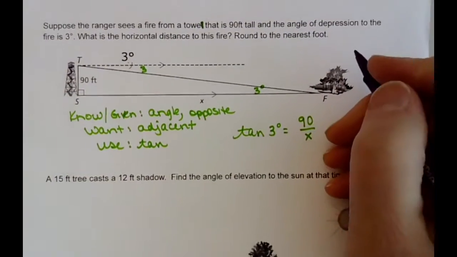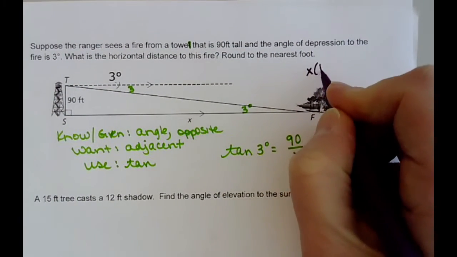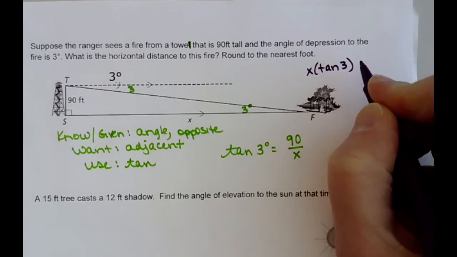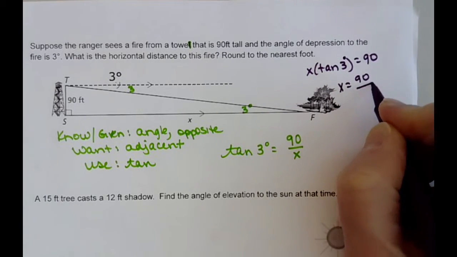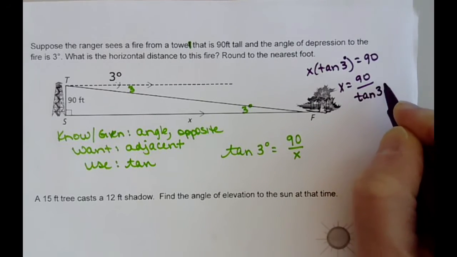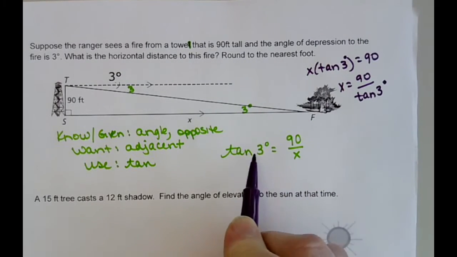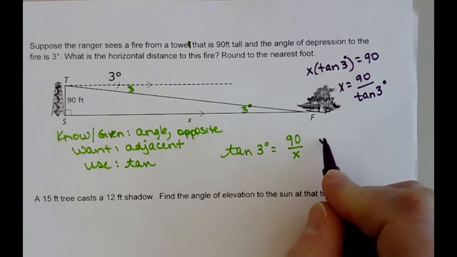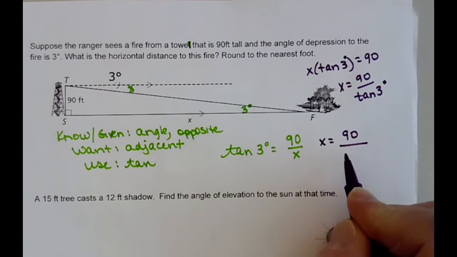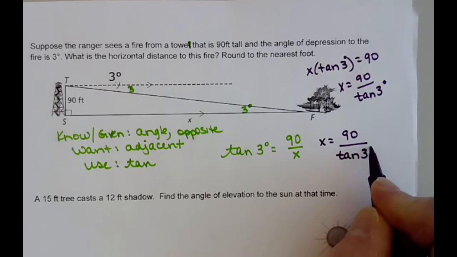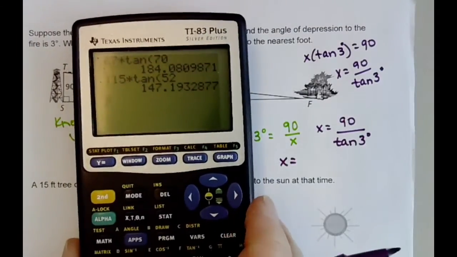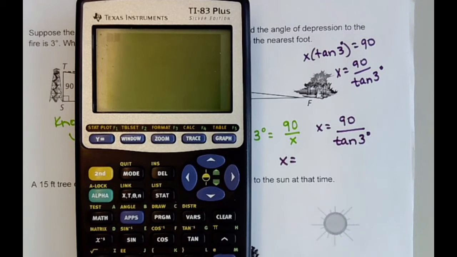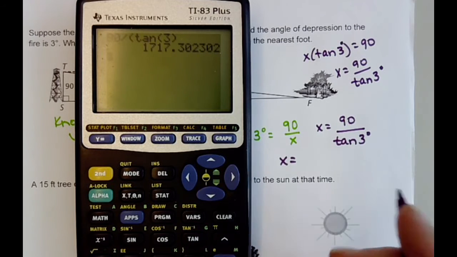If we multiply both sides by x, we have x times the tan of 3 is 90, which means x is 90 divided by the tangent of 3. So really we're just flipping or switching places. So x is 90 divided by the tangent of 3. And I like to use parentheses when I do this. I'm going to go 90 divide, and I'm going to put parentheses, tangent of 3, and I get